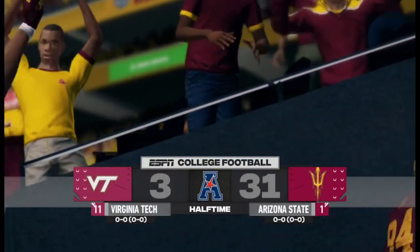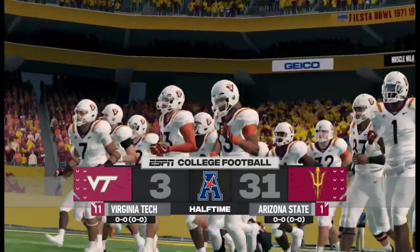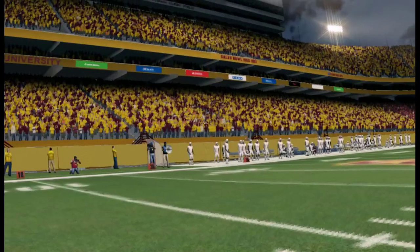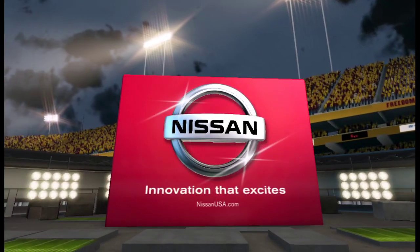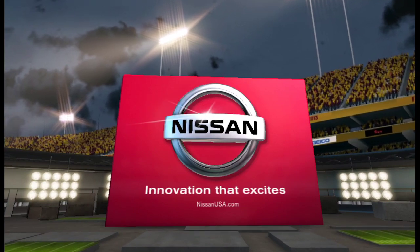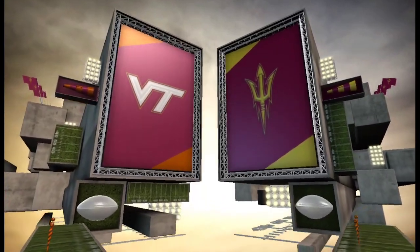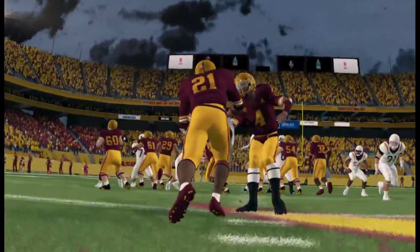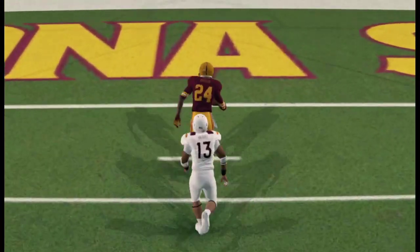So at halftime here from Tucson, Arizona, Arizona State 31, Virginia Tech 3. We have halftime here, and it's been pretty one-sided. Arizona State's defense has stepped up a lot. Virginia Tech does have an interception. Arizona State did get the crazy interception where Philbin hit the quarterback and the ball popped up in the air,